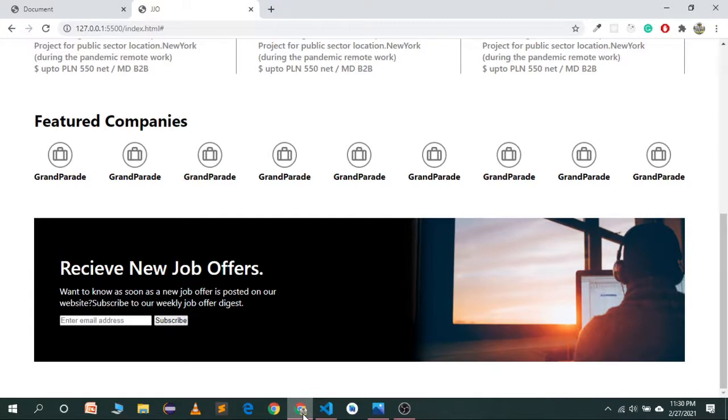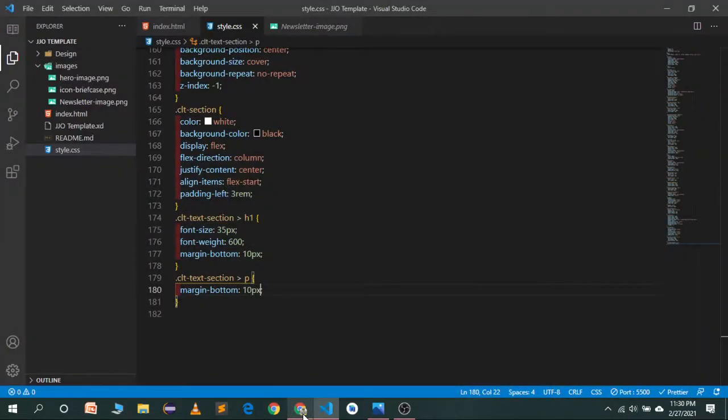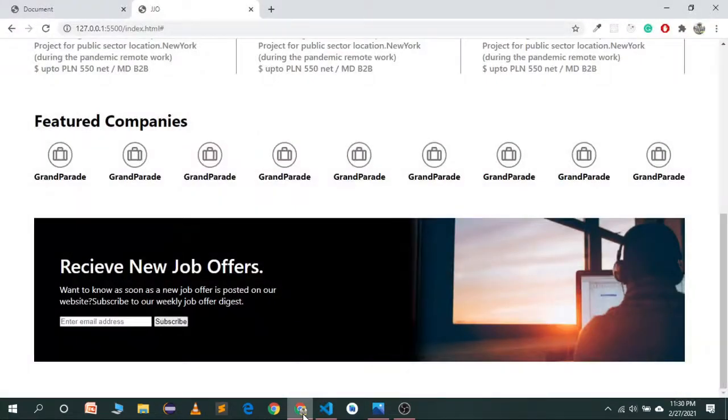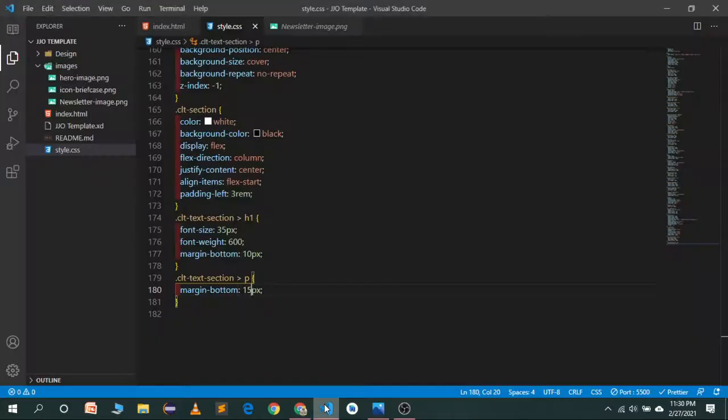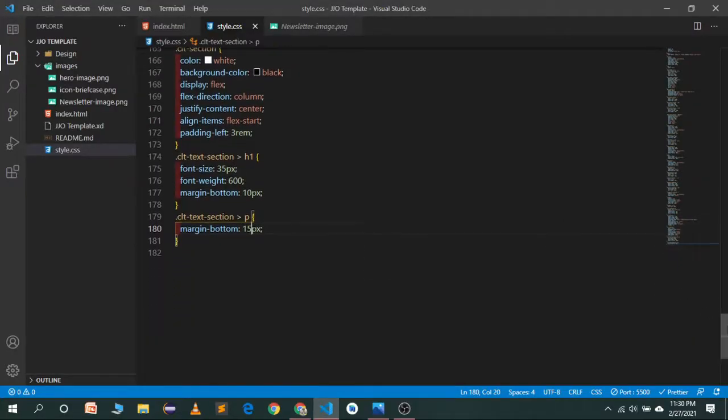So what we have to do is target the email container. Just increase the margin bottom to 15 pixels. So it's looking good. We want to style this, so let's target the email container.